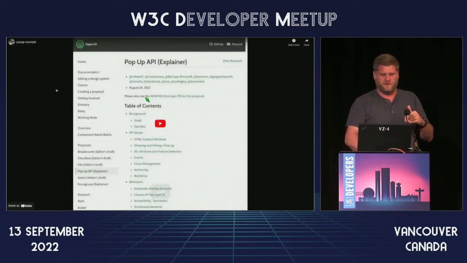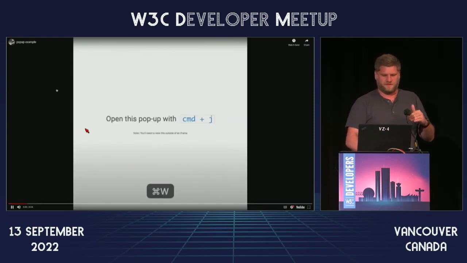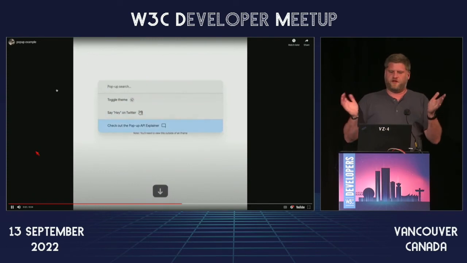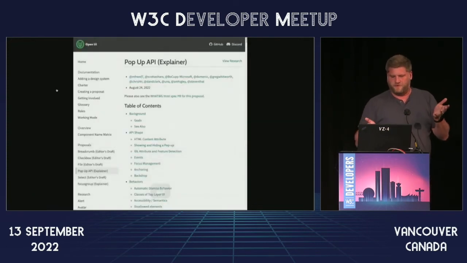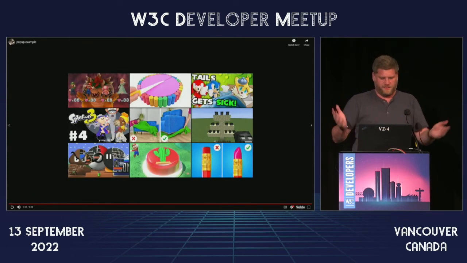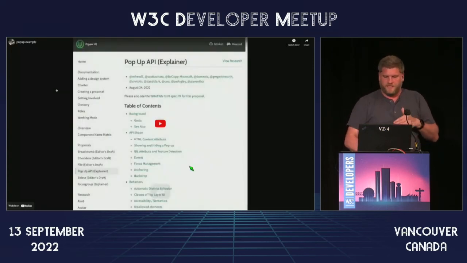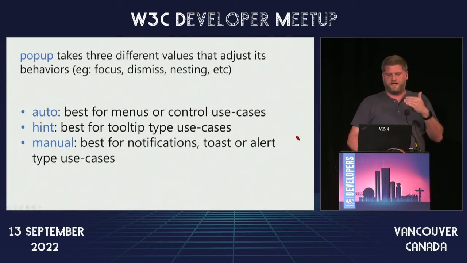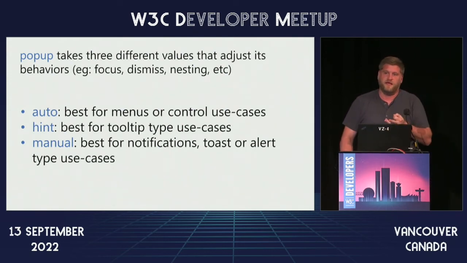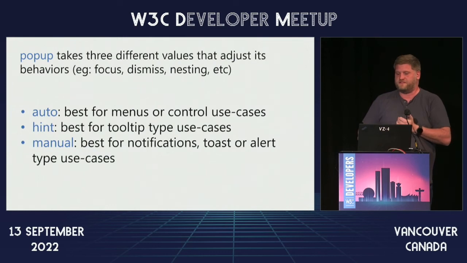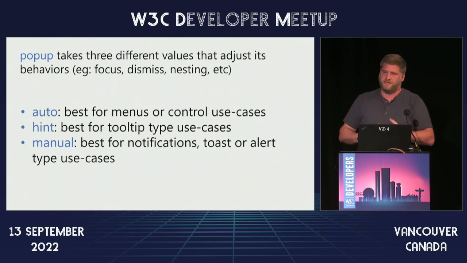So let me press play, there we go. So it actually shows something. So this is a much prettier version of the exact same scenario. This is using the pop-up API within, I guess there's more movies to watch or whatever. But basically, the cool thing about it is that we basically take these three different things. And this is actually changing focus scenarios, dismiss, nesting capabilities.